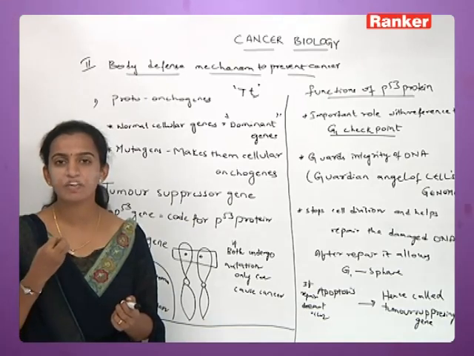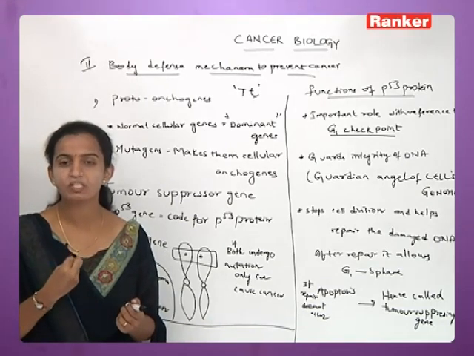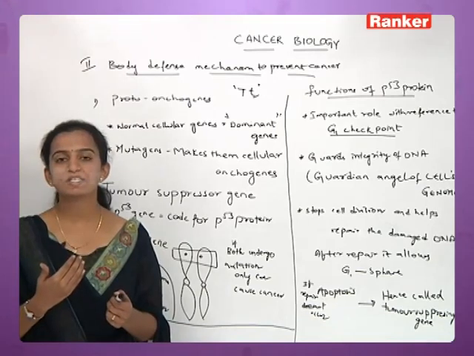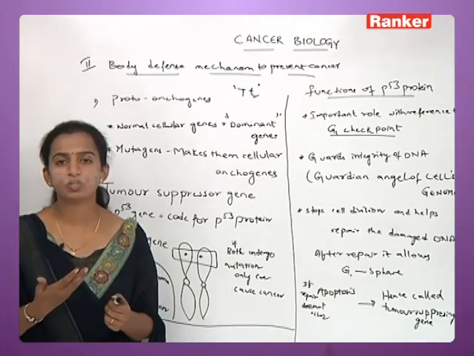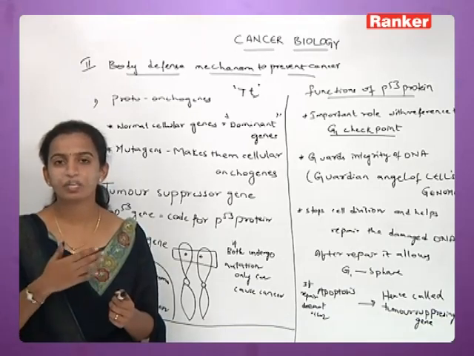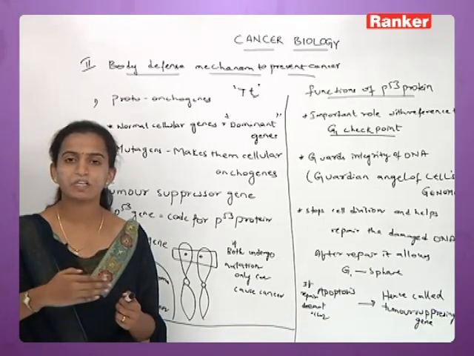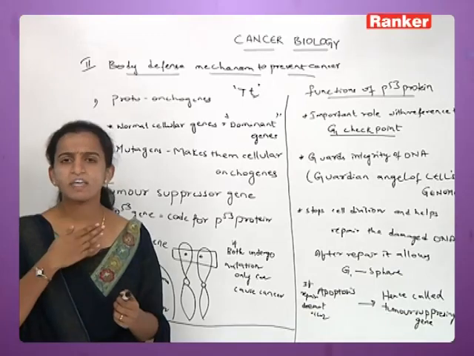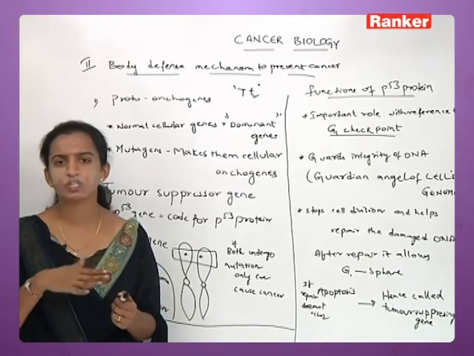If at all there is a p53 kind of losing, the protein is losing its character, what happens is that it loses its checkpoint sort of character also, and it starts going on growing. So the cancer cells or the normal cell will enter into the division cells, and every cell will go for the division just like that without any checkpoint.